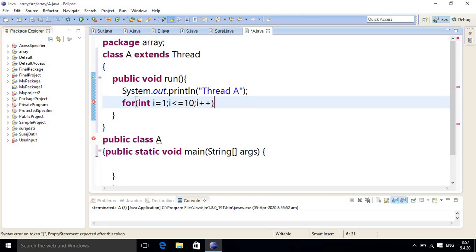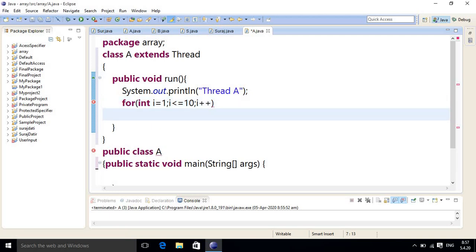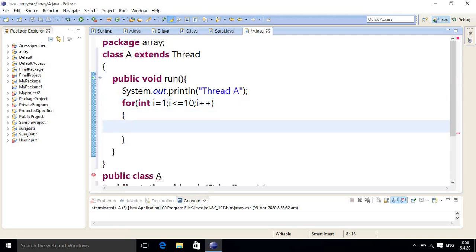This is the simplest for loop, and inside it I will take one output statement, that is i = . So friend, this is the simple thread which shows the value of i from 1 to 10.